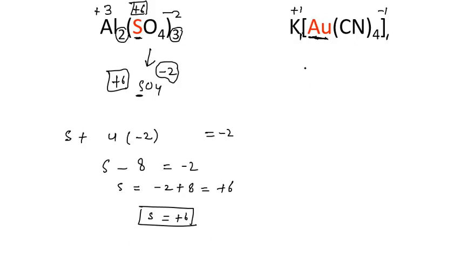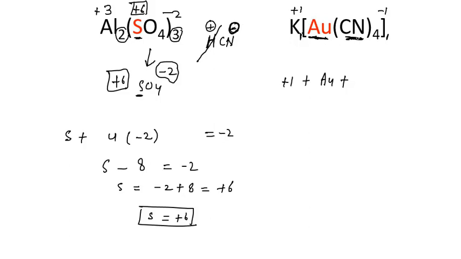Well, potassium is a first group element, and potassium, being a first group element, always shows +1 oxidation number. +1 I can mention here. Plus here we have gold, Au. This is cyanide ion. If I talk about hydrogen cyanide, hydrogen has positive charge. If you remove one positive charge, then it will have one negative charge. So the cyanide ion will have negative charge. In coordination chemistry, we name it a negative ligand. It shows -1 charge. It donates electron density to the central element to form a coordinate bond.